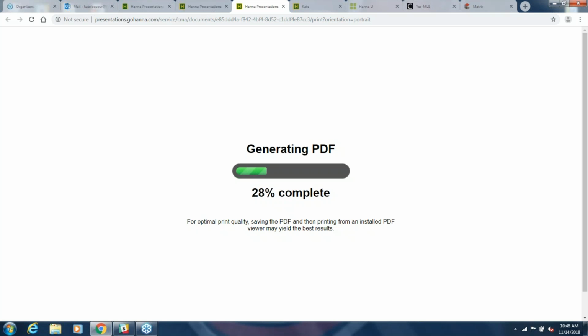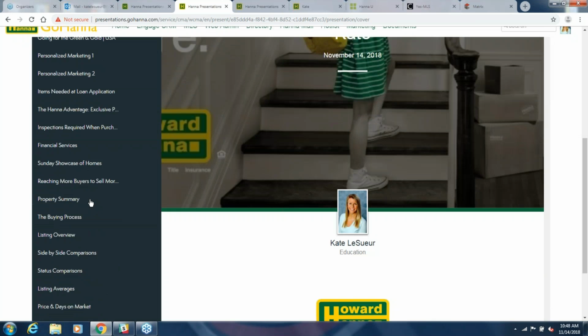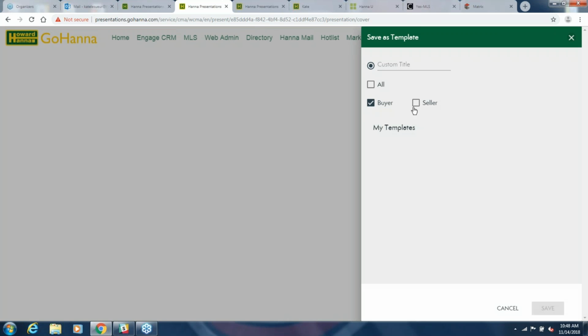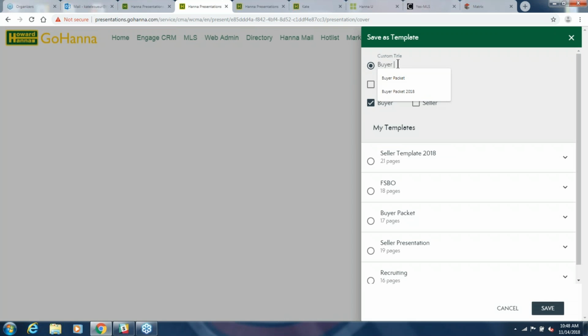Here are some things you need for loan app. You know, don't buy a new car in the middle of the mortgage process. There's all these different handouts on Hanna presentations under those brokerage pages that you can actually add to your presentation and save as a template. So I'm going to save this one here. I scroll to the bottom, save as template, and this one I'm just going to put as buyer example, and